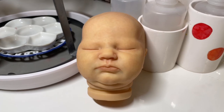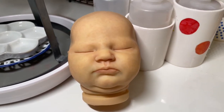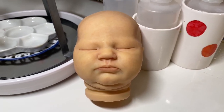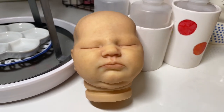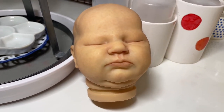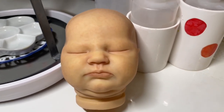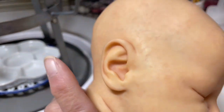Okay, so here she is all finished with the creasing. Like I said, it's just initial creasing. We'll continue to do deeper ones as we go along, but this is the initial. But you can already see some definition, and she's starting to look more alive than before when it was just the wash and the mottling,